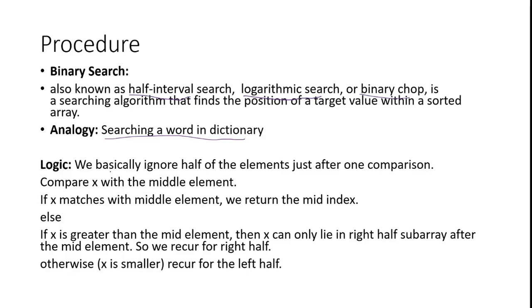Here you can see we basically ignore half of the elements just after one comparison. Here the difference is that we compare always with the middle element, while in the dictionary we do the estimation of where the word can be found, and accordingly we compare the word. If the number that we want to find, x, matches with the middle element, then we return the location of the middle element. Otherwise, if it is larger than the middle element, then